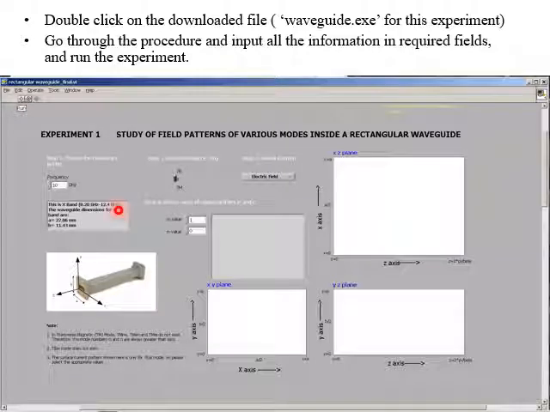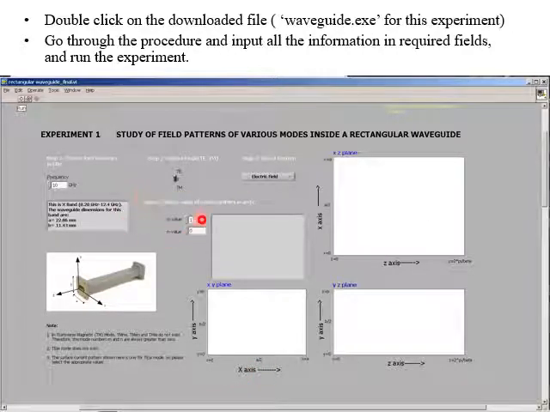Now go through the procedure or manual, whatever may be, or the instructor will tell you what should be the inputs, like what should be the frequency, what is the mode number you want to study, whether you want TE mode or TM mode, what type of field you are trying to observe, whether it is electric field or magnetic field or surface current, whatever may be.